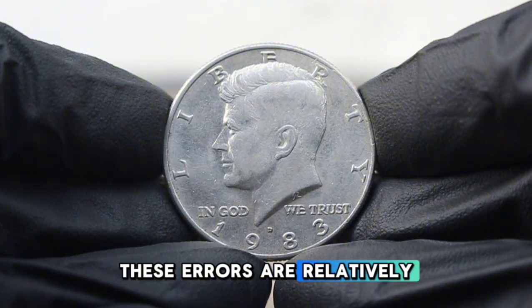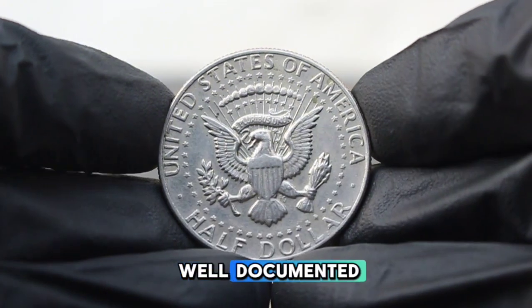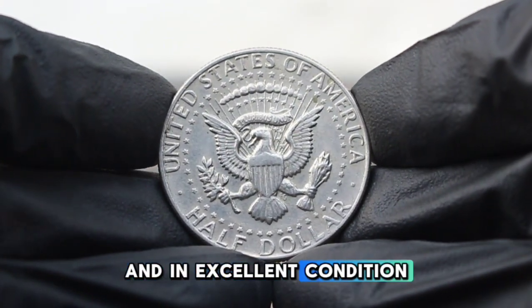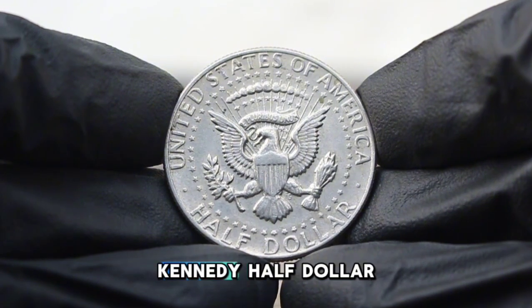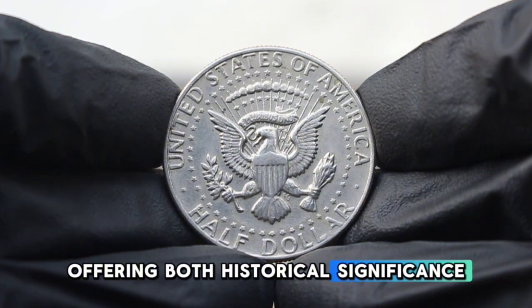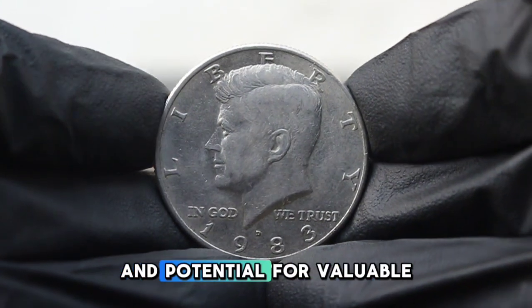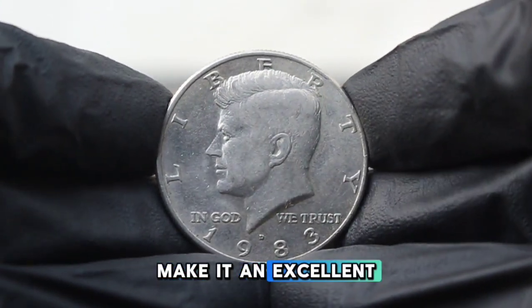These errors are relatively uncommon and can fetch significant premiums, particularly if they are well documented and in excellent condition. The 1983 Kennedy half dollar stands out as a key date in the series, offering both historical significance and numismatic interest. Its relatively low mintage and potential for valuable errors make it an excellent addition to any